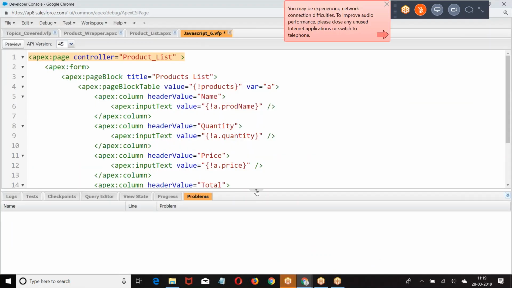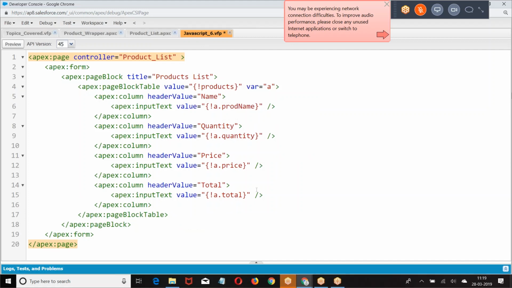What I'm doing? This is a regular page block table, right? There is no question about this. This is a regular page block table to display a list of records.